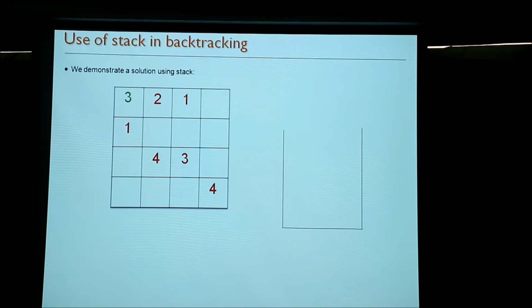Right. So when we insert 3, we also maintain stack information that the coordinate i equal to 0 and j equal to 0 has a value of 3. Right, and then we are not calling recursion here. We go to the next empty cell, which is this one. So what are the possible choices here? We already see that 1, 2, and 3 are already placed. So we cannot place 1, 2, and 3. Can we place 4 here? No, because 4 is already there in the column, right? So that's a dead end, right?